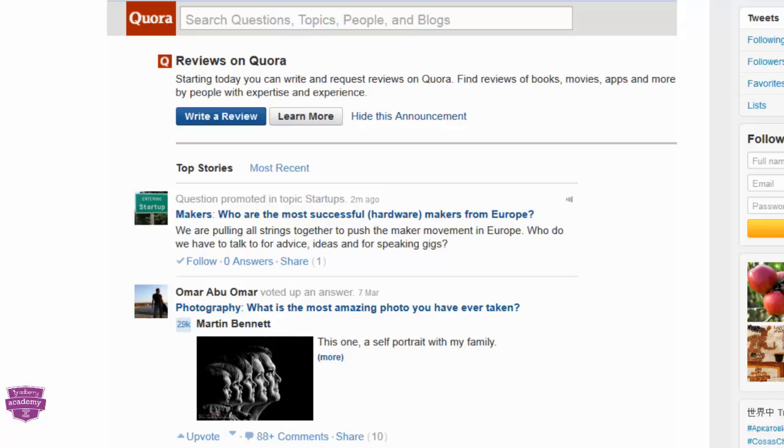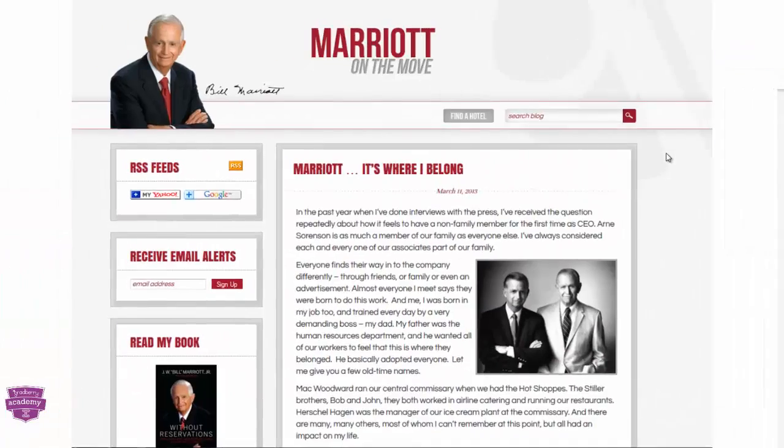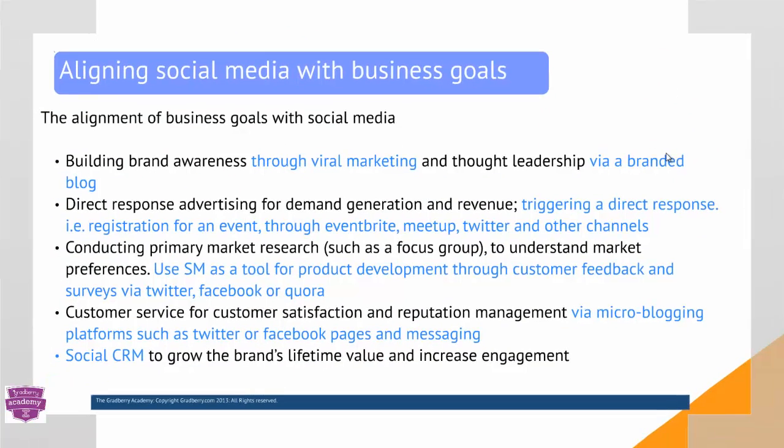It's a fantastic tool because it's basically like crowdsourced question and answering. Anytime you search within an industry, you can find questions other people have posted and answers to those questions as well. So I really recommend using this tool, specifically when you're trying to look into customer development. All right, so you can use social media as a tool for customer feedback through surveys,